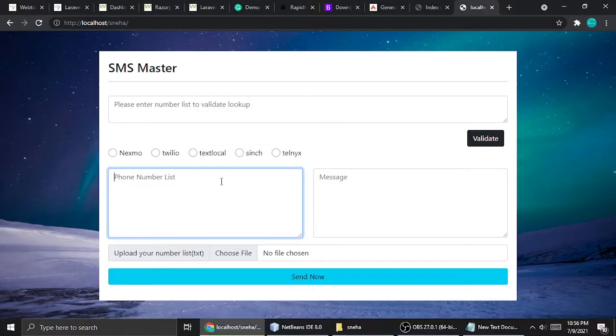Hey guys, in this tutorial we will see how to validate a lookup. It means we will extract mobile numbers from a list, even if the list has landline numbers, and we will extract only valid mobile numbers. If the list has valid mobile numbers, we will extract them, and then we will send a bulk SMS using